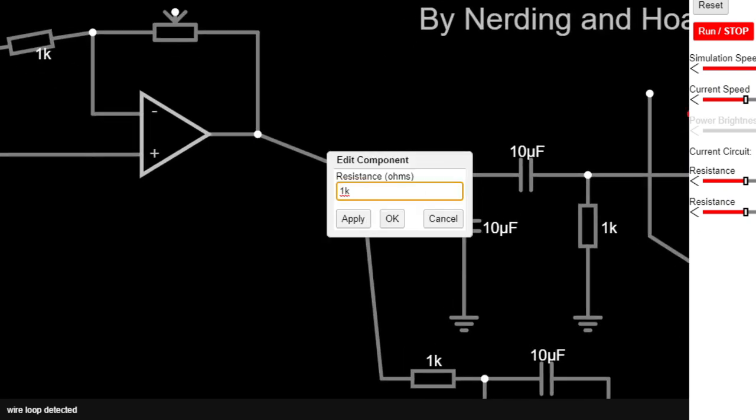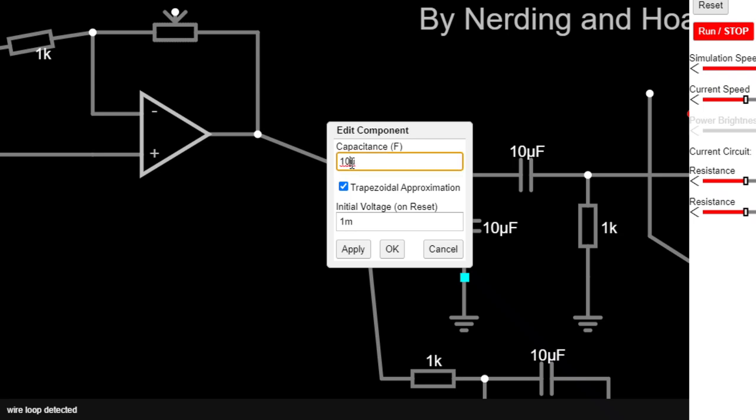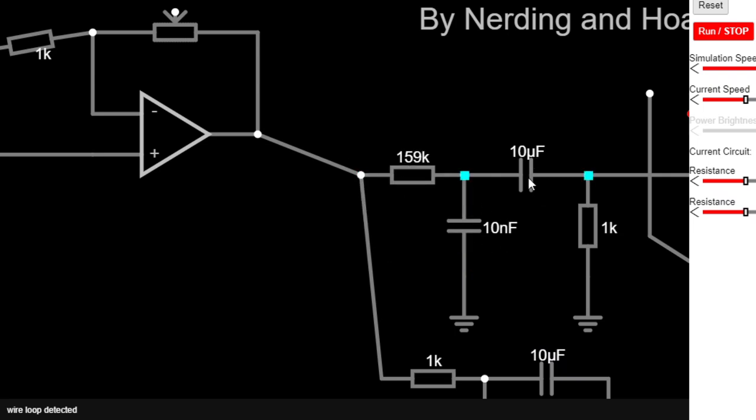So let's see, the low pass filter will have 159 kilo ohms, and this will be 0.01, and then this will also be the same value, 10 nanofarads, but this will be 59. So this gives us